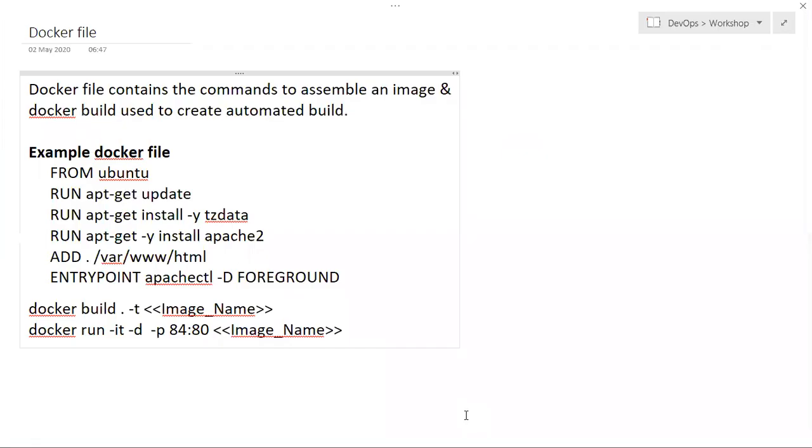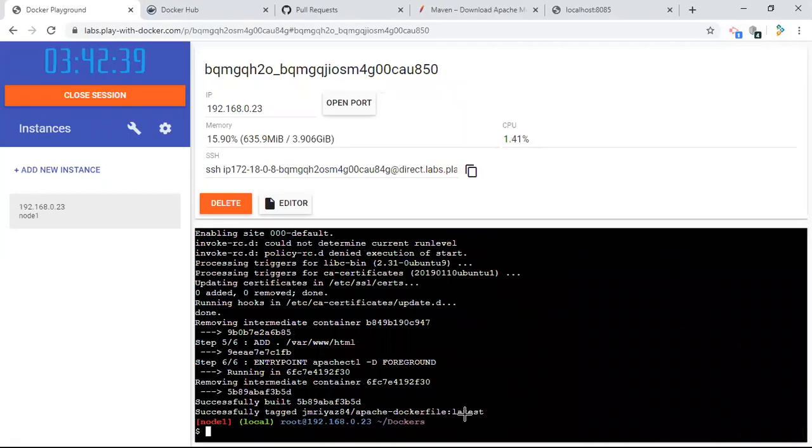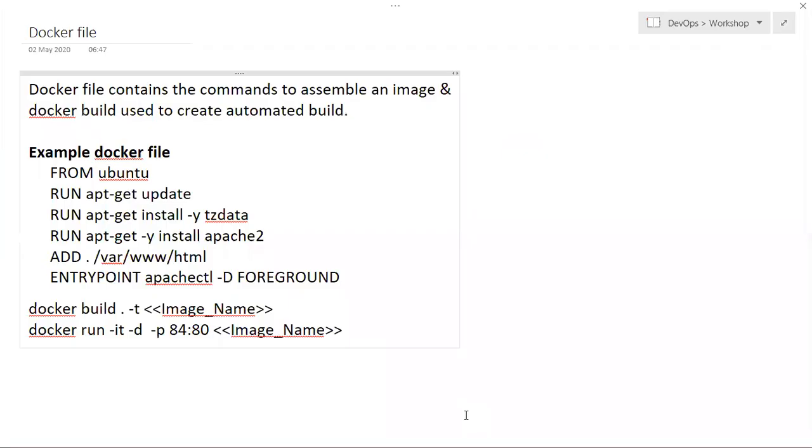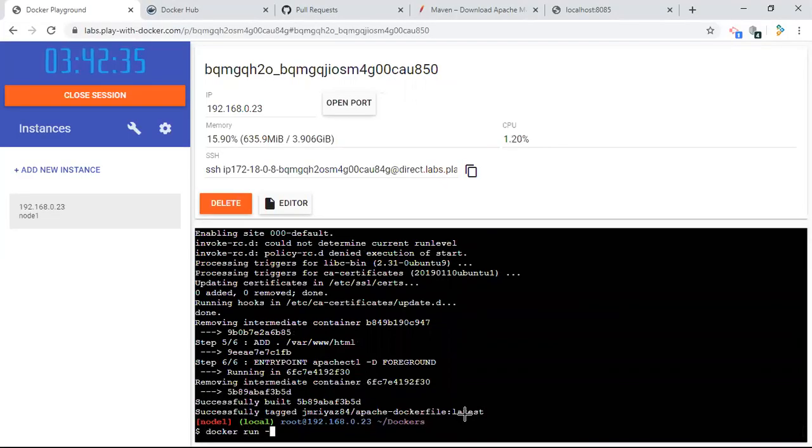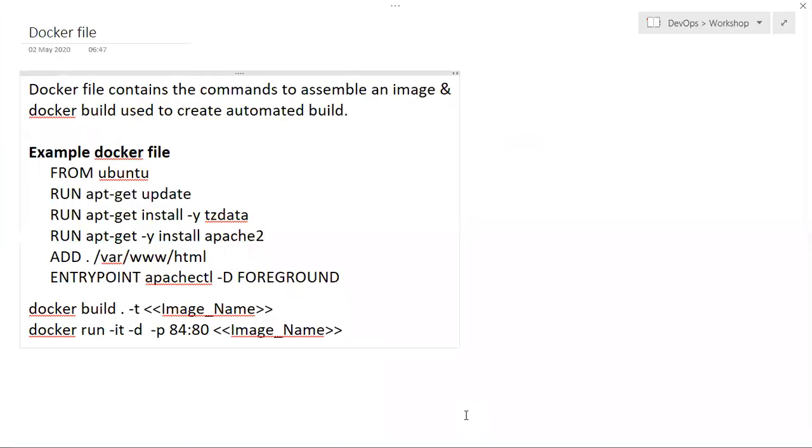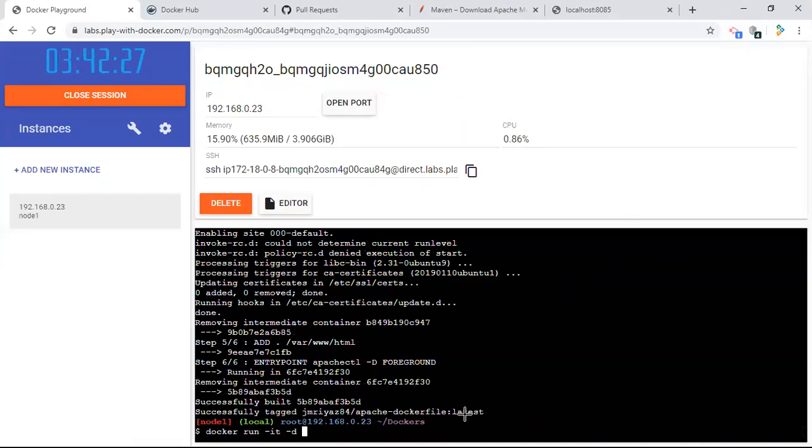Okay, so now we are going to run it. Docker run, -i for interactive mode, then -d for daemon, which means it is running in the background. Now we are going to do port mapping. This is important. With -p I am going to give port number 84 instead of 80, mapping the default port 80 to 84. You can give whatever port you like, I'm giving 84 here.